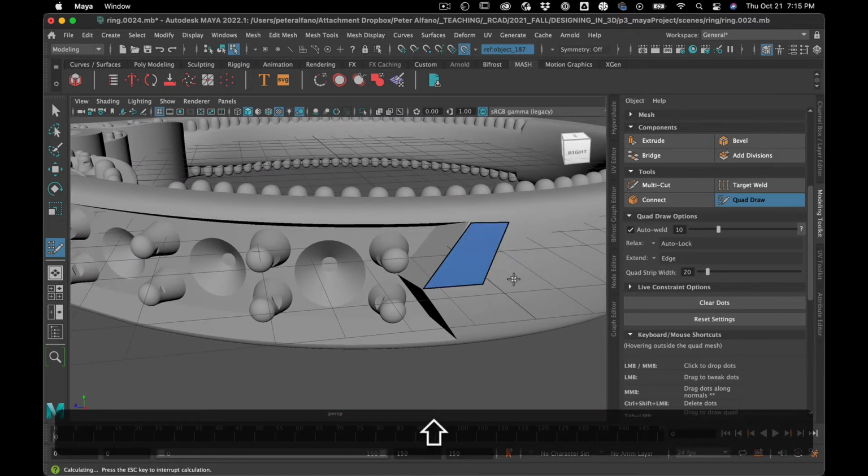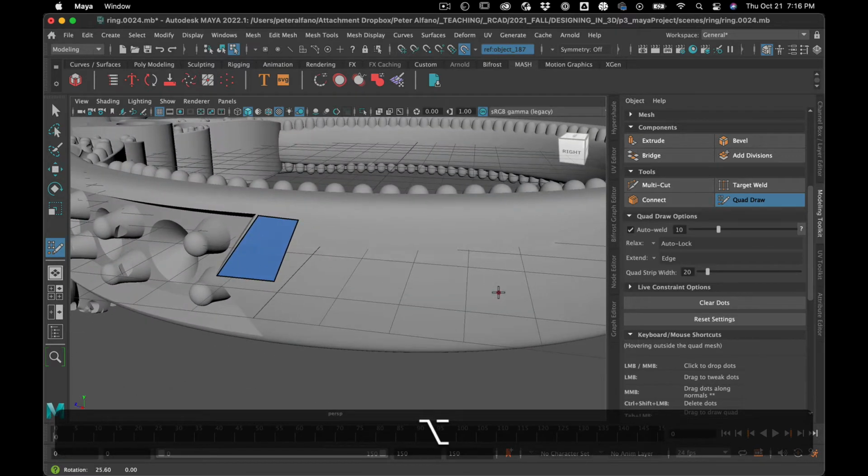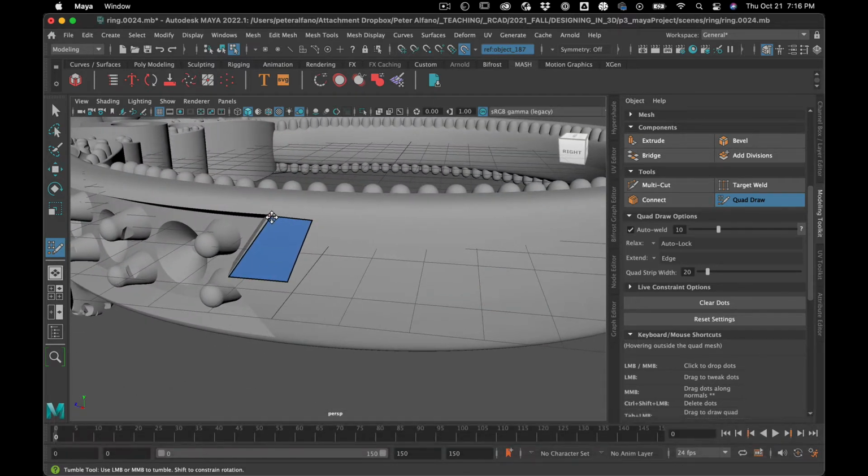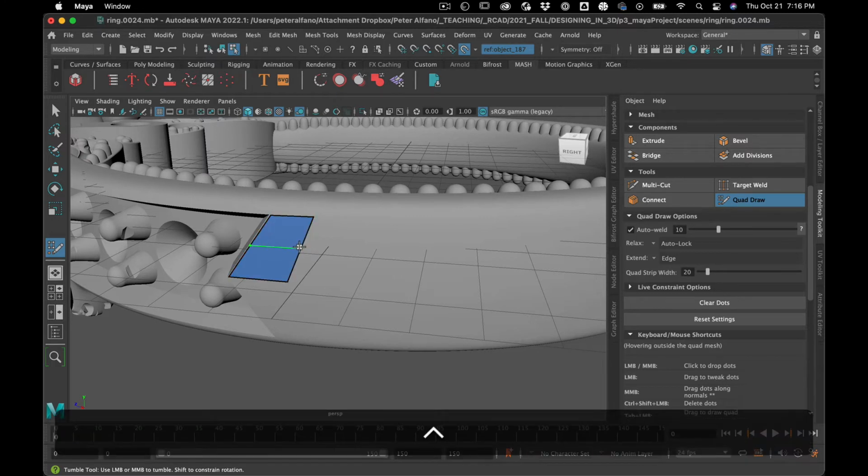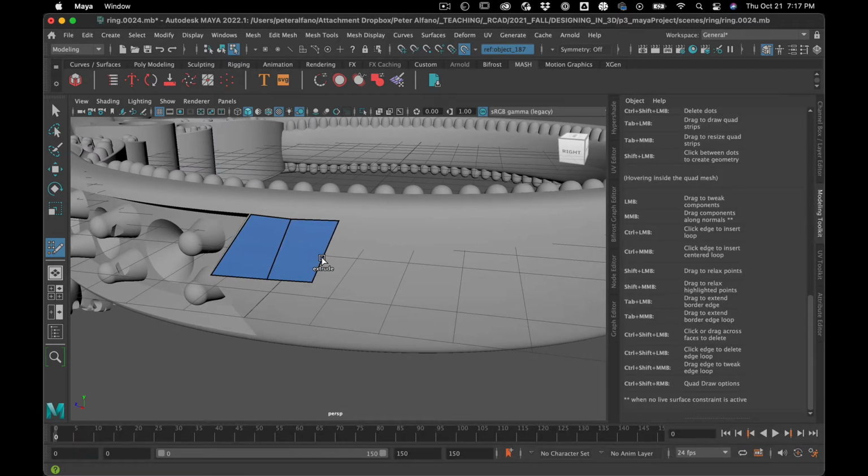And then I hit Shift, and it makes a polygon, right? And I can adjust the position of my points. I can hit Control and insert an edge loop. I can hit Tab to extrude,